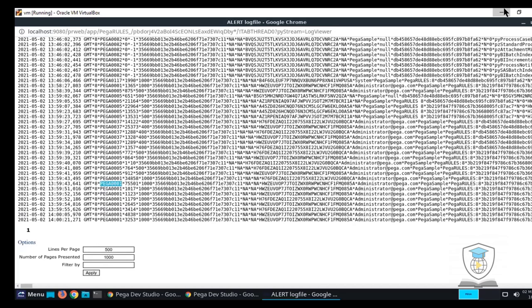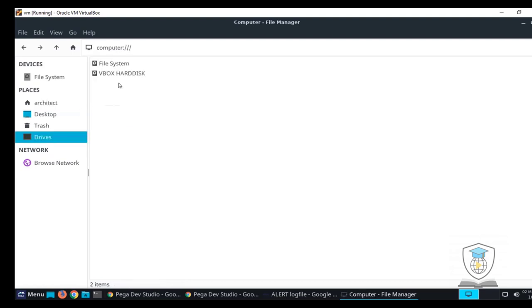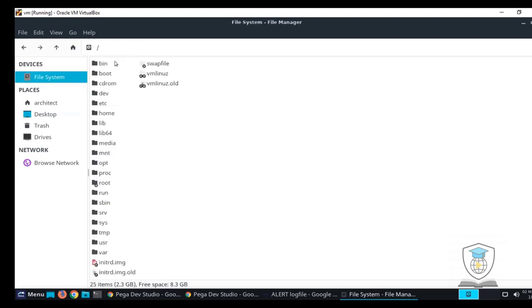Now to access it further, I am going to the Linux system. In this Linux system, I have to go to the file system, to the location that is configured for this virtual machine. Go to file system, then look for opt.